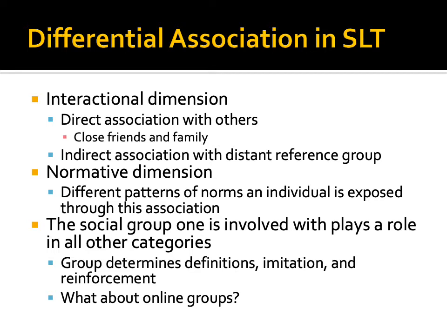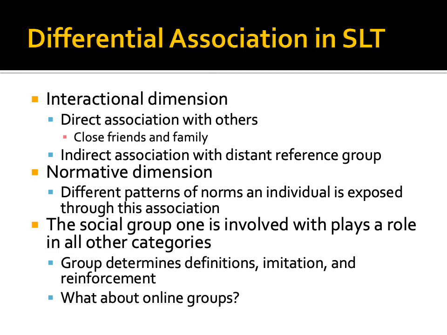So essentially, it's who do you hang out with? Who do you choose to spend your time with? What online groups do you choose to be with? What do you identify as a person? So for example, I am a straight white Christian male, right? So that is how I would operationalize myself or define myself in a demographic way. So that means I probably associate with a lot of other straight white Christian people, right? And so I might have these distant reference groups that I identify with, as well as the close friends and family that I identify with.